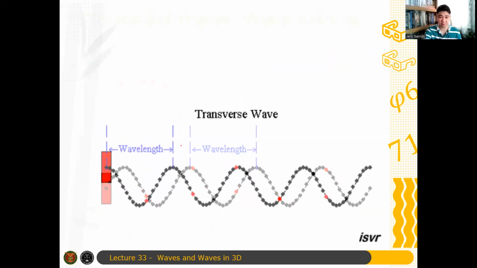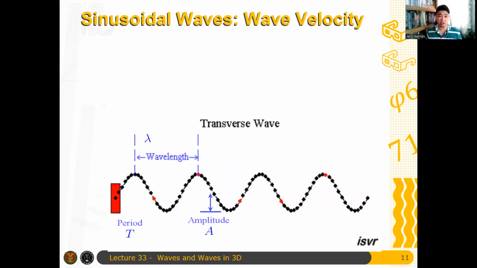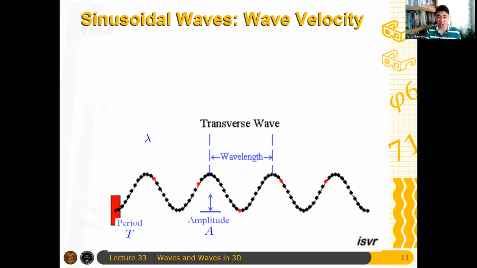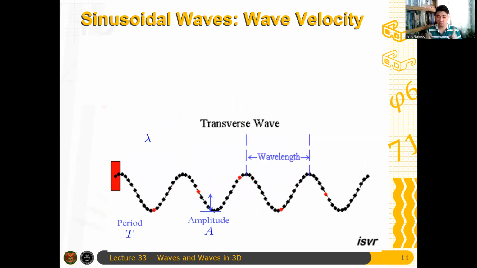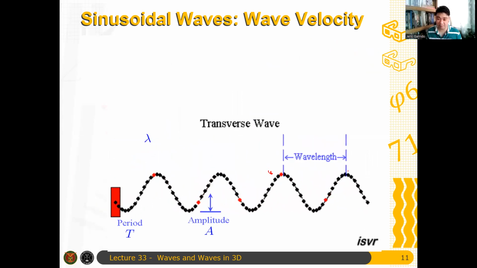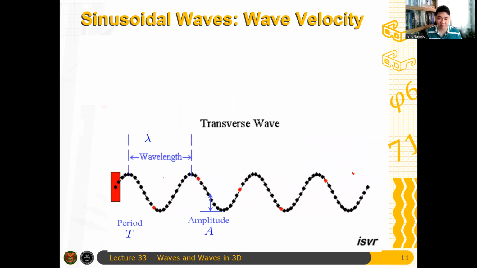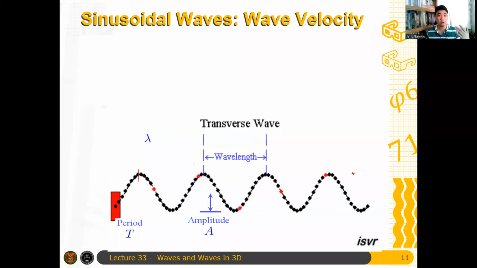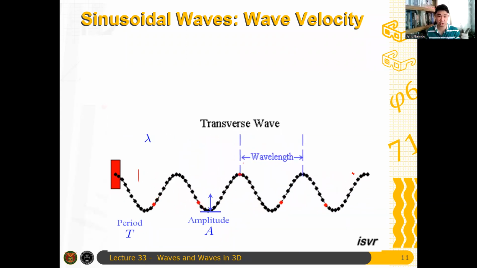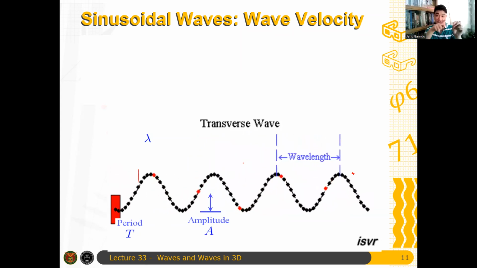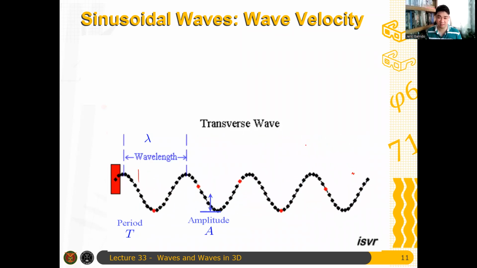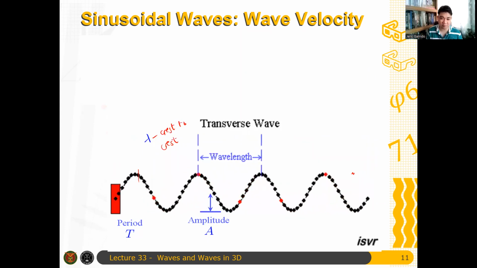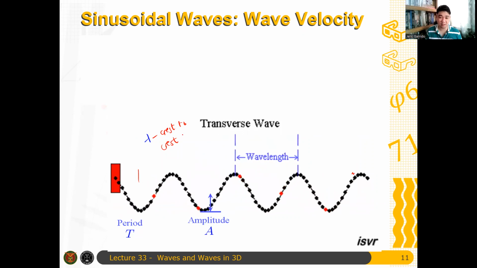Okay, so now, there are some quantities that we can measure on a sinusoidal harmonic wave. So, for example, we can measure the total distance between two tops, itong top na to, kasi gumagalaw siya eh, no? Itong wavelength na to, ang measurement ng wavelength dyan ay from crest to another crest. Again, kailangan babalik. So, this is again from crest to crest. Okay, so wavelength is from crest to crest. Pwede naman kahit anong position. Basta pwedeng crest to crest, pwedeng trough to trough,